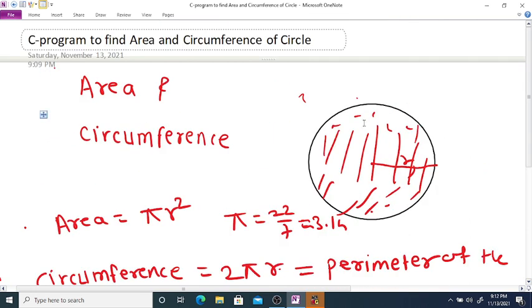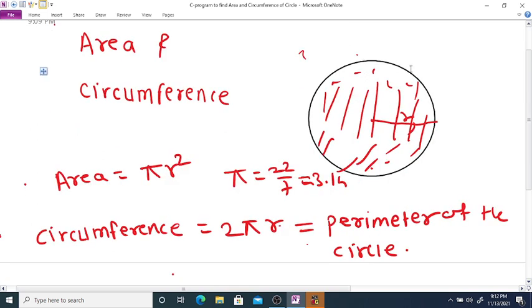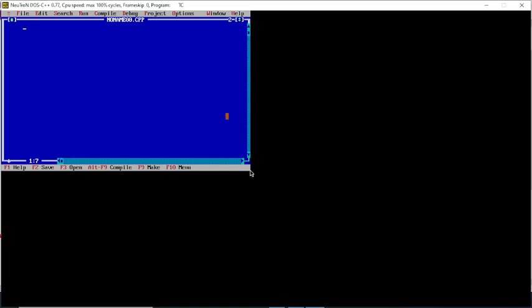So the region occupied by a circle is called area, and if we cut this circle from this point and make it a straight line, then the length of this line is called the perimeter or circumference of the circle.